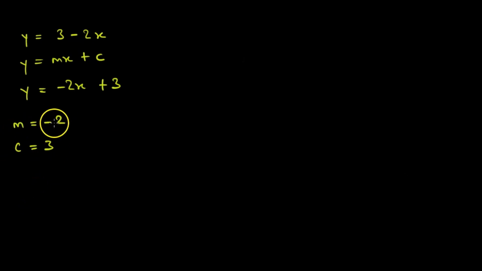And if our gradient is equal to minus 2, so that this is a downward slope. It's a downward slope because the gradient is negative. Then c is equal to 3, so that the point where our line crosses the y-axis panenge paina 3.